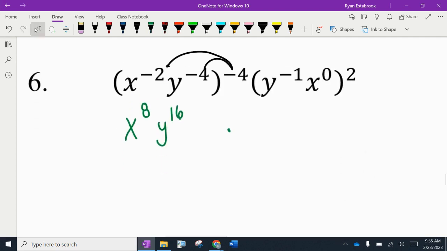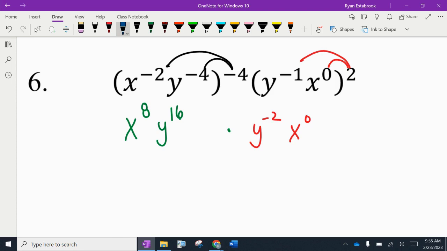Now I'll go to the back half of this one. This 2 also has to distribute. 2 times -1 is -2. 0 times 2 is 0. So using the higher power that we looked at earlier to distribute, to multiply those exponents, we get the green